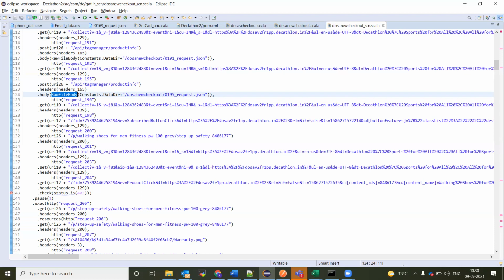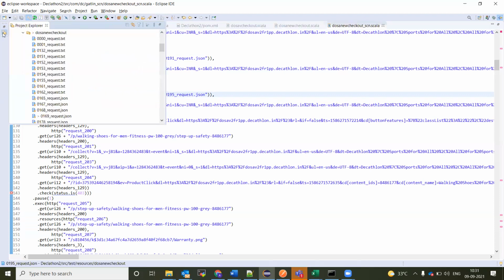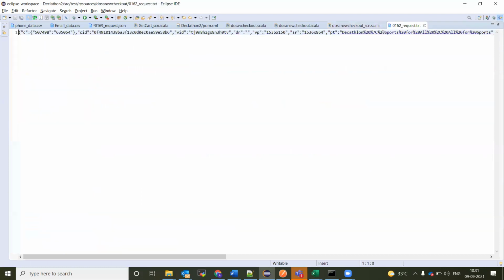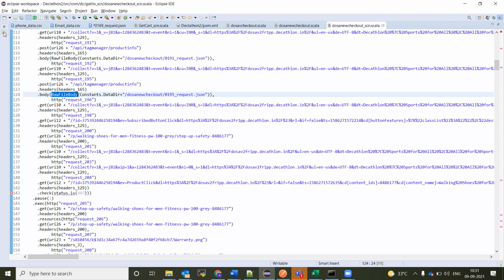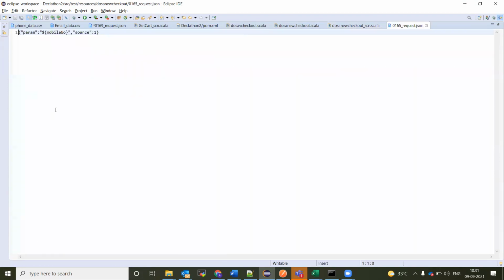For example, it will send the request as param $mobile number.